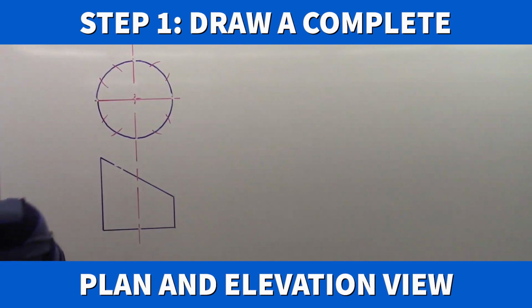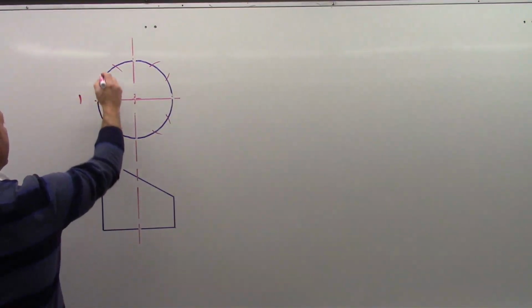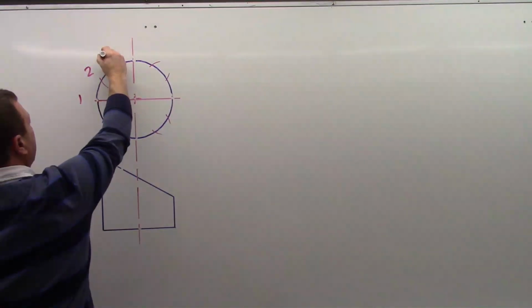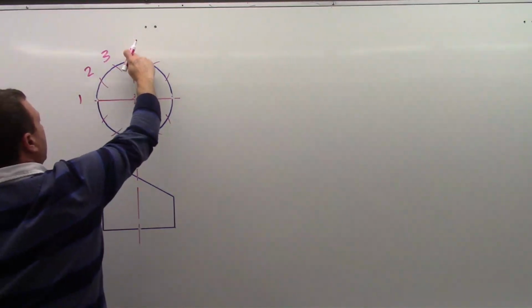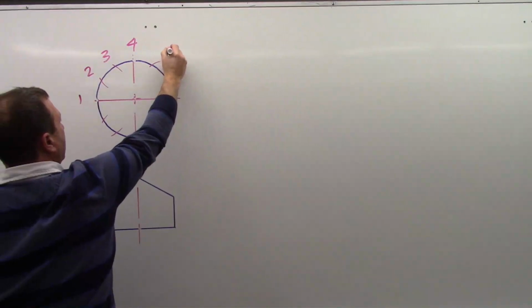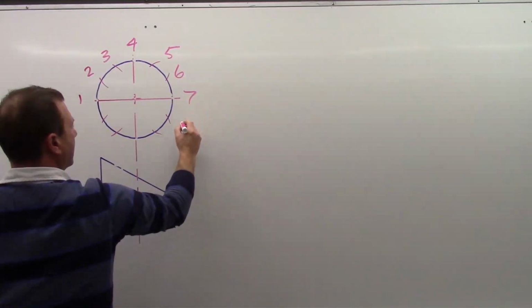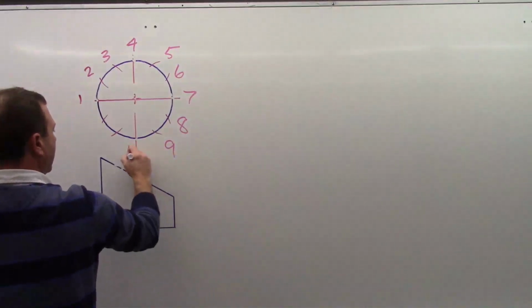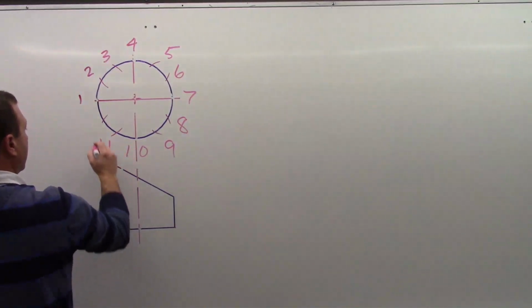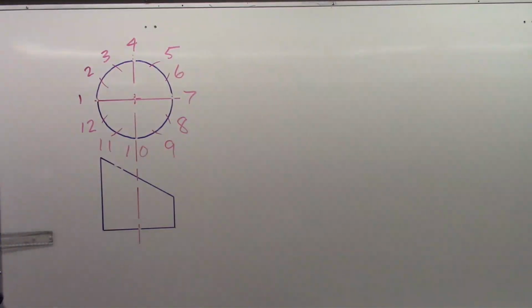We also want to put some numbering into our drawing so that we can follow it through. And I'm going to start on the left-hand side, and I want to go all the way around. 12 equal divisions gives us 12 numbers altogether. Okay, so we have now our plan view, which has got not so much element lines, but it's got our